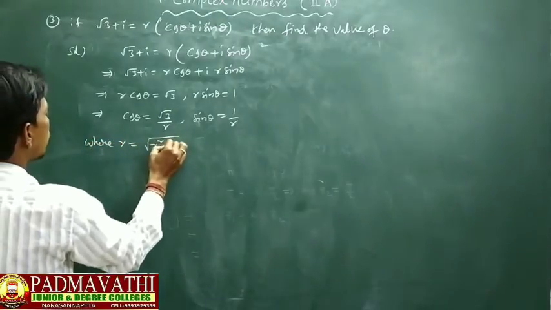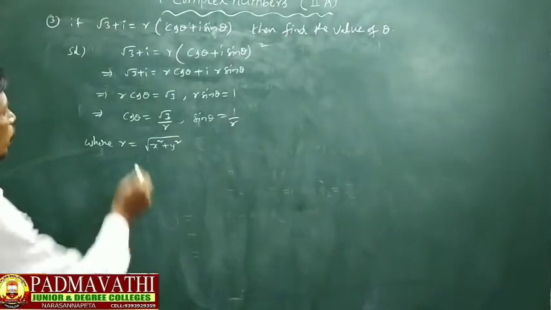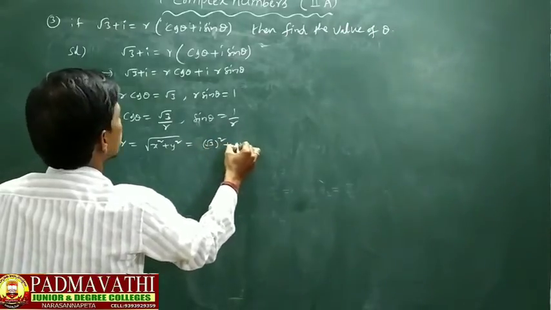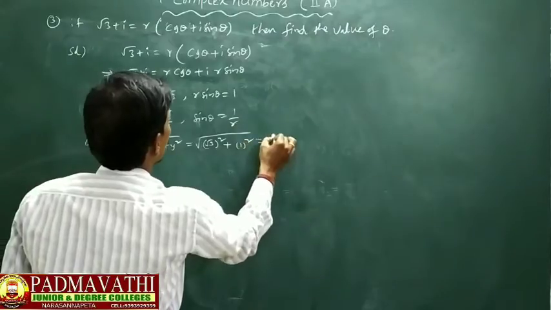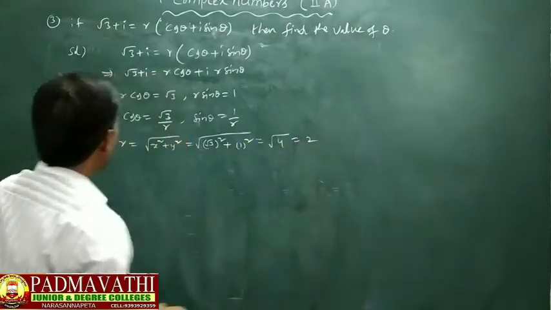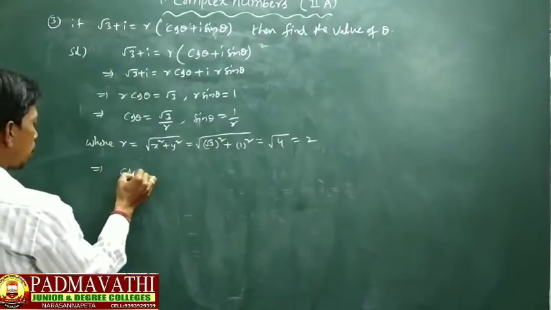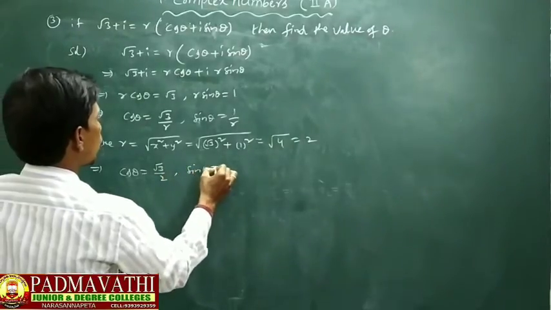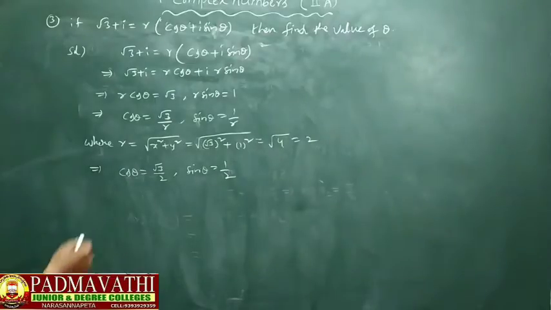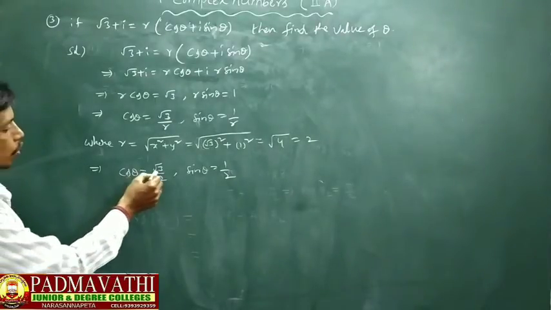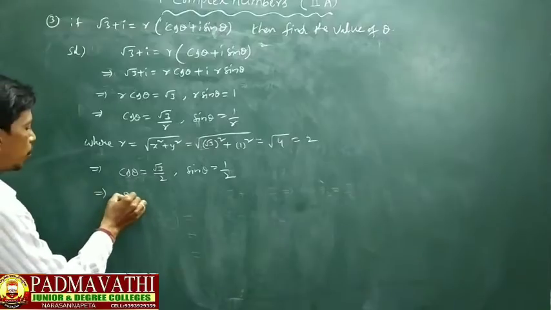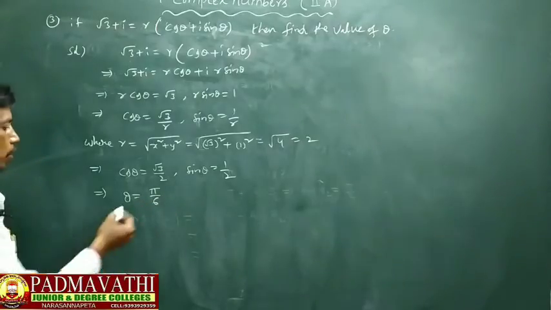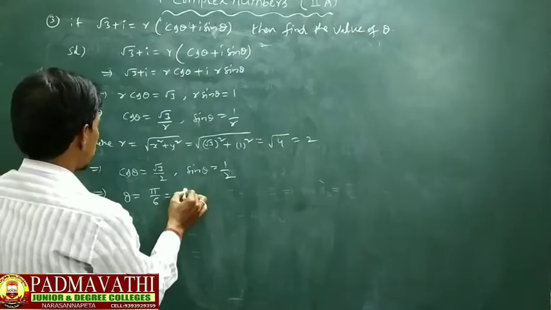square root of x square plus y square. Now what is the x value? Root 3. So root 3 whole square plus 1 square, the square root, that is root 4, which equals 2. That implies cos theta equals root 3 by 2 and sin theta equals 1 by 2. So what is the value of cos theta? Cos theta equals root 3 by 2, that implies theta equals 30 degrees. So that is the radian, that is the solution.